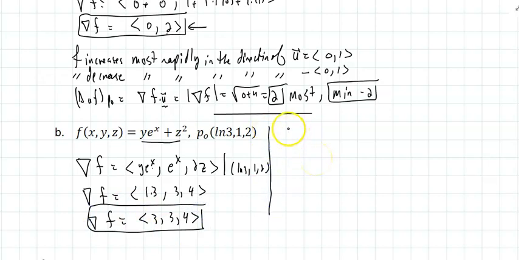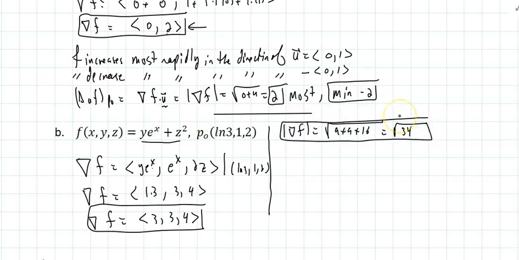If I look for the magnitude of the gradient, that would be the square root of 9 plus 9 plus 16. That's the square root of 34. I'll save that. But for now, if I want to talk about the direction of this, f increases